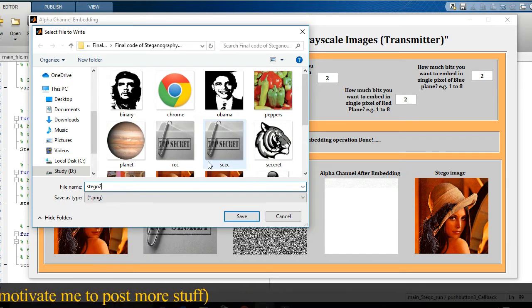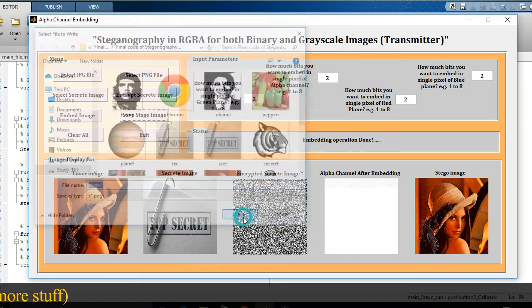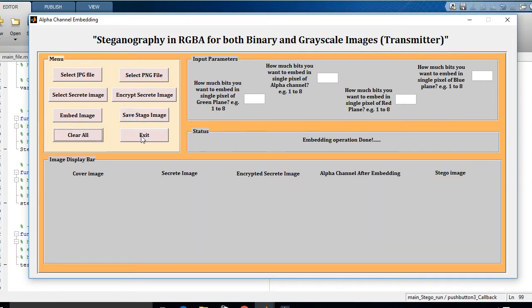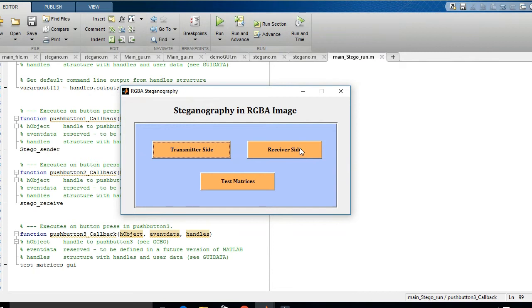So I'm going to save it using the name stego2.png. Just click on save button. Clear all the content of the graphical user interface, and at the same time you have to remember all these four parameters because these four parameters are required at the receive side. So just click on clear all and close this graphical user interface.